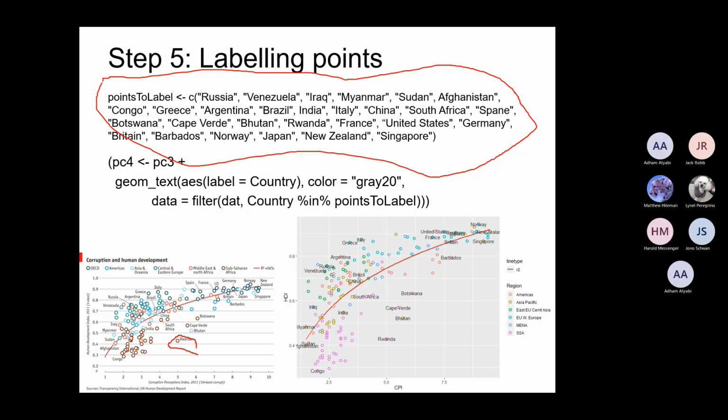Then we have our PC3, and now we are adding a geom text into it with the aesthetics of label equal country, and the color being gray 20. But in the data, we are putting a filter. The filter that we are putting is going to get rid of everything that we don't want and just put the labels for those that we wanted. Those that we wanted are these,